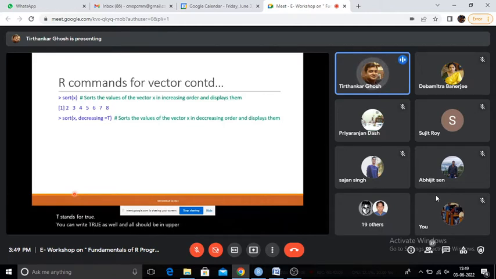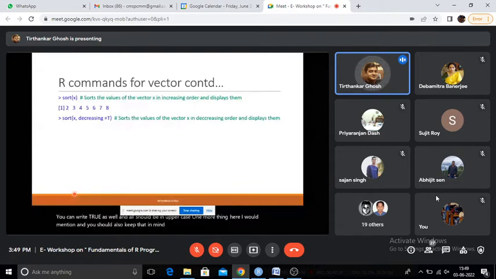One more thing I would mention, and you should keep that in mind, is that R is a case sensitive language. That means if you write TRUE with RUE in lowercase, then it will throw an error.